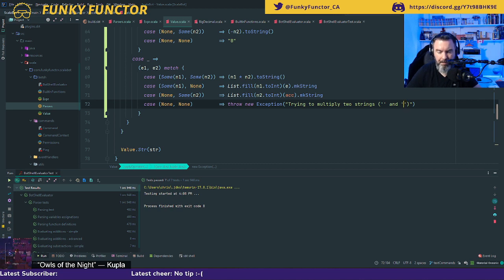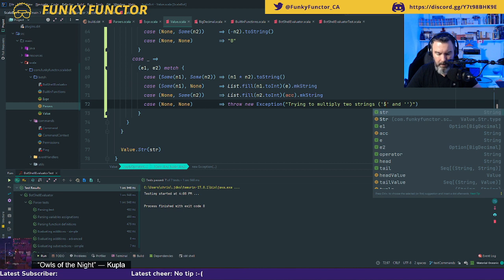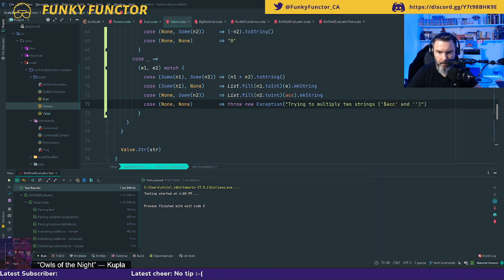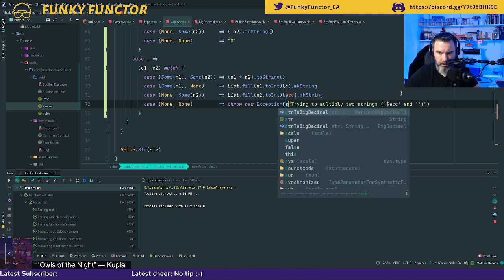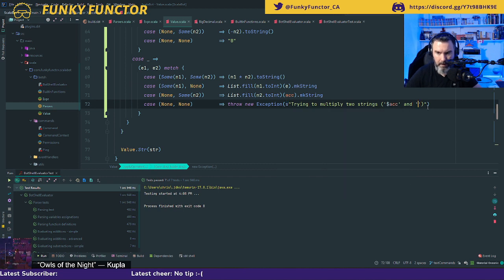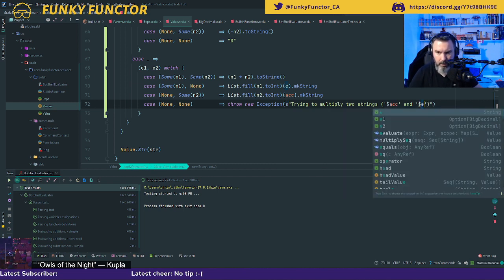Okay, like that. So trying to multiply two strings, and I'm going to pass $acc. I need to put the S for the string interpolation, and the other one was E for my element.